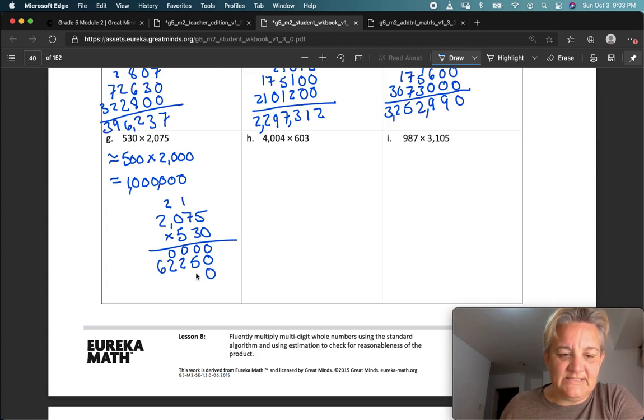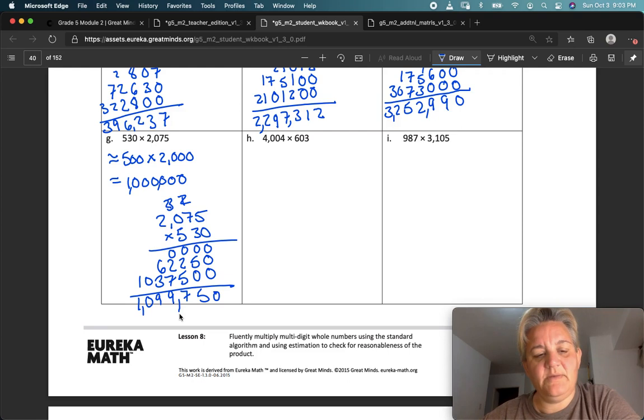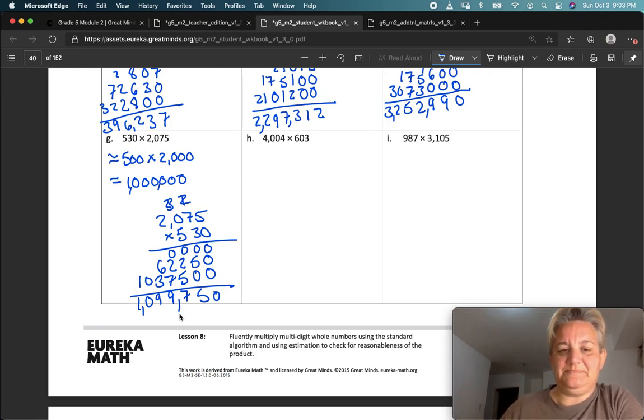Now the hundreds place, 2 zeros. 5 times 5 is 25, carry the 2. 5 times 7 is 35, plus 2 is 37. Carry the 3. 5 times 0 is 0, plus 3 is 3. And 5 times 2 is 10. Okay. And then add. Yep, 1,099,750. Pretty close to 1 million. Reasonable estimate. Next one, 4,000